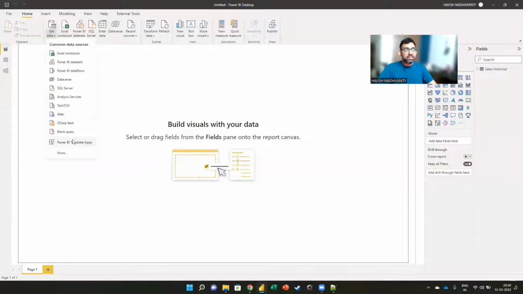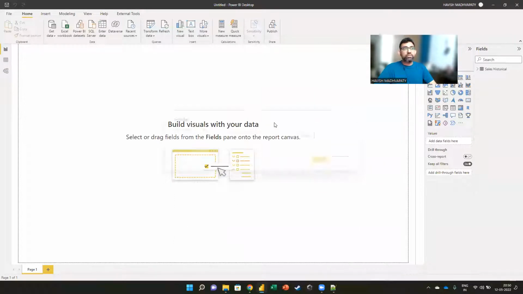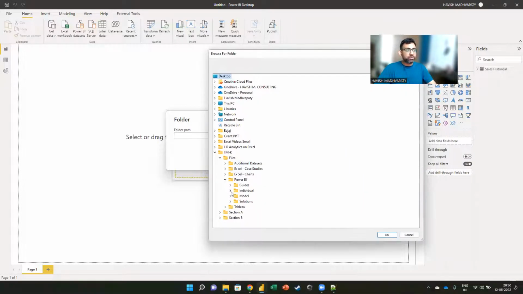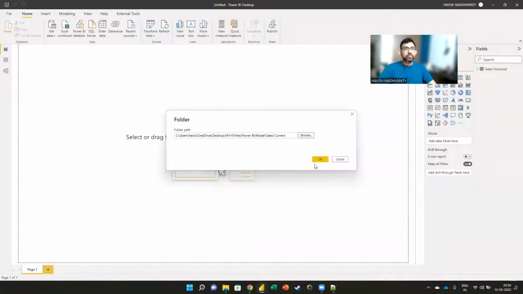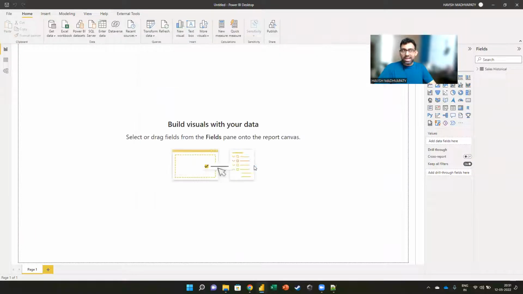So when I select my second folder, let me show you live what the challenge is. When I select my second folder, which is 2014, once again, I'll go to IMK, File, Power BI, and finally, let me go to Model and Sales Current. Obviously, this time there is only one file in the folder, but there is a slight challenge.